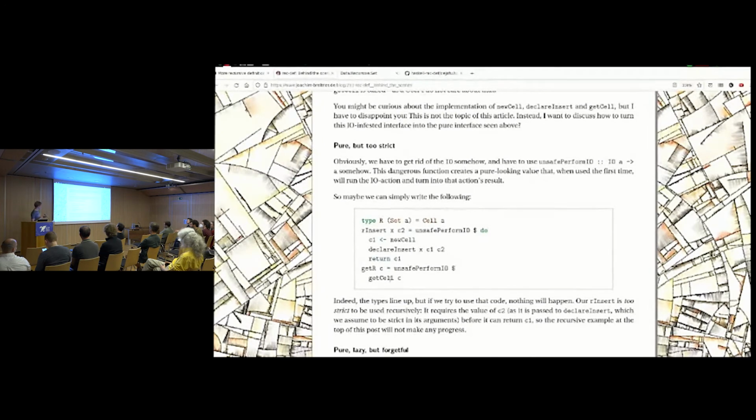But this doesn't work because it's too strict. So the thing here is that because I want to build these recursive equations, I need to get my hands on this C1 to pass it to one of the other insert functions before actually using these C1s, but I guess the other cell here. But declare insert in the underlying IO library is probably strict, so this will be strict and won't work. So really, I need to make sure I get to return the C1 before I do actually declare the relations